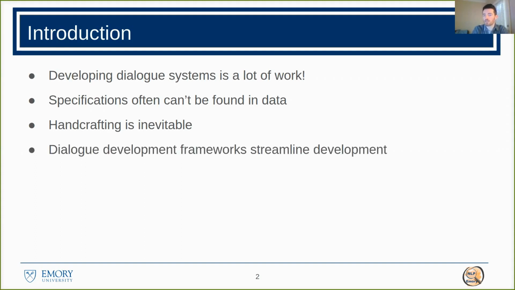The purpose of dialogue development frameworks is to streamline the process of creating a dialogue agent, especially when handcrafting starts to get involved. So a lot of frameworks are already out there, but we believe none balance ease of use with customizability quite as well as what I'll present today. So for example, there's a lot of commercially oriented frameworks like Google Dialogflow. These are really easy to use, but they do sacrifice